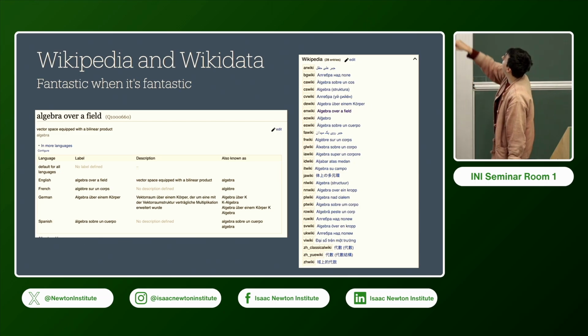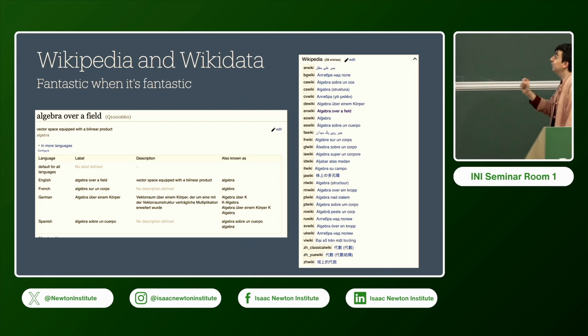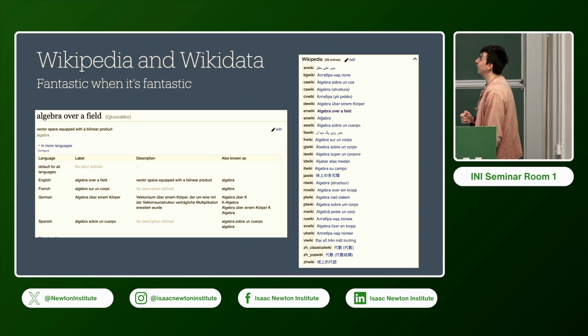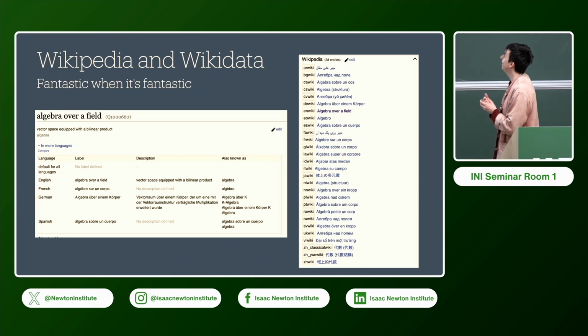And I can also tell that if you look at EO, it's just algebro, and in English it's algebra over a field. I don't believe that EO as a language is concise enough that it can skip those last 3 words and have no ambiguity introduced. So it's a very useful resource, but it's not one that we can just machine pull from and be like, done, we've built a big dictionary, it's great. Because these things are all contextualized within their language.